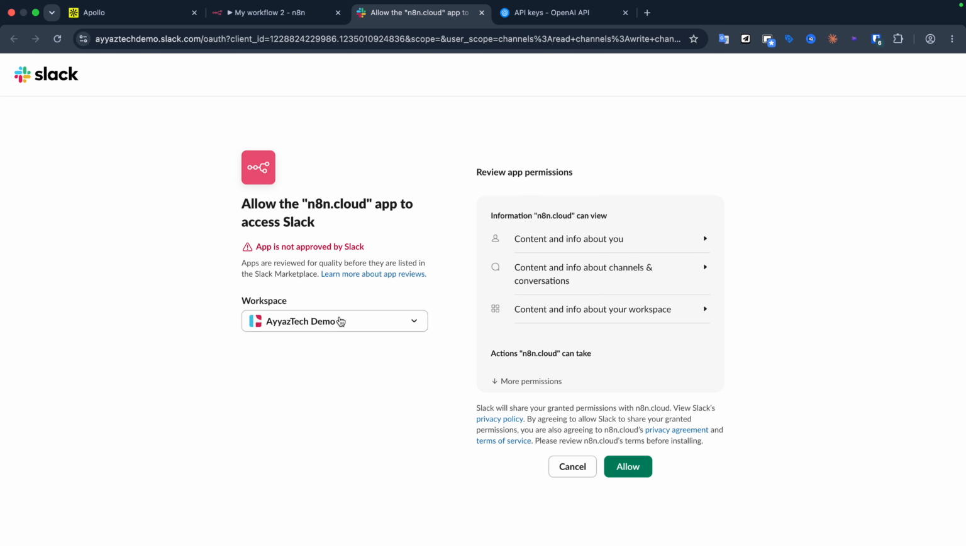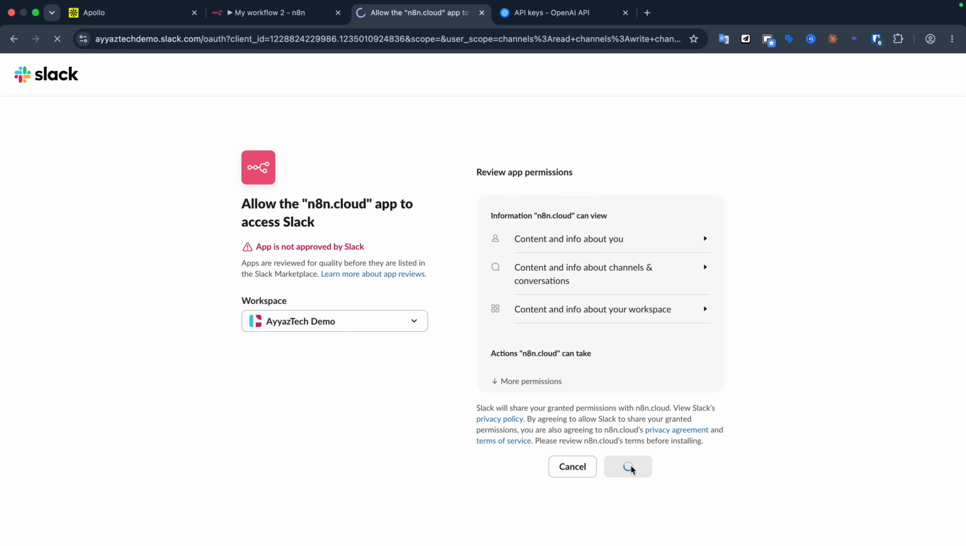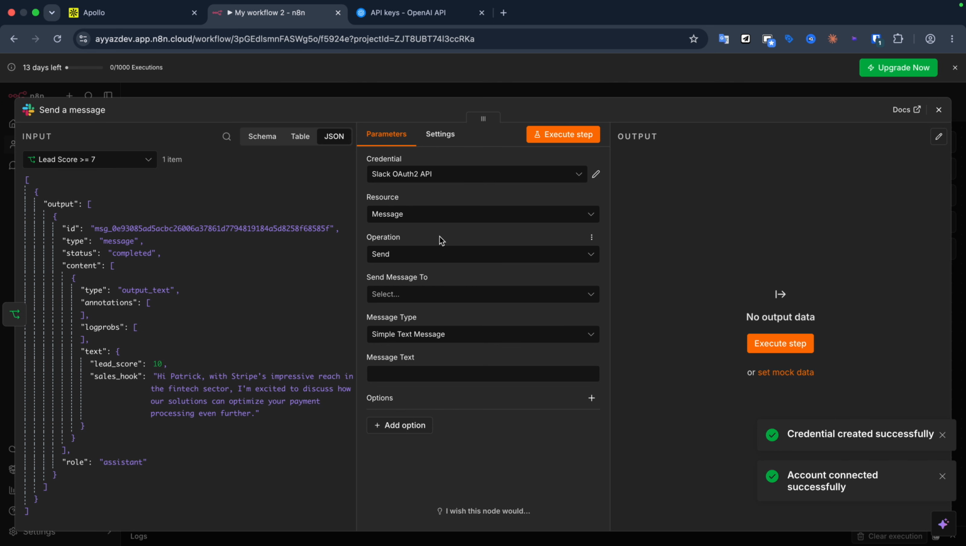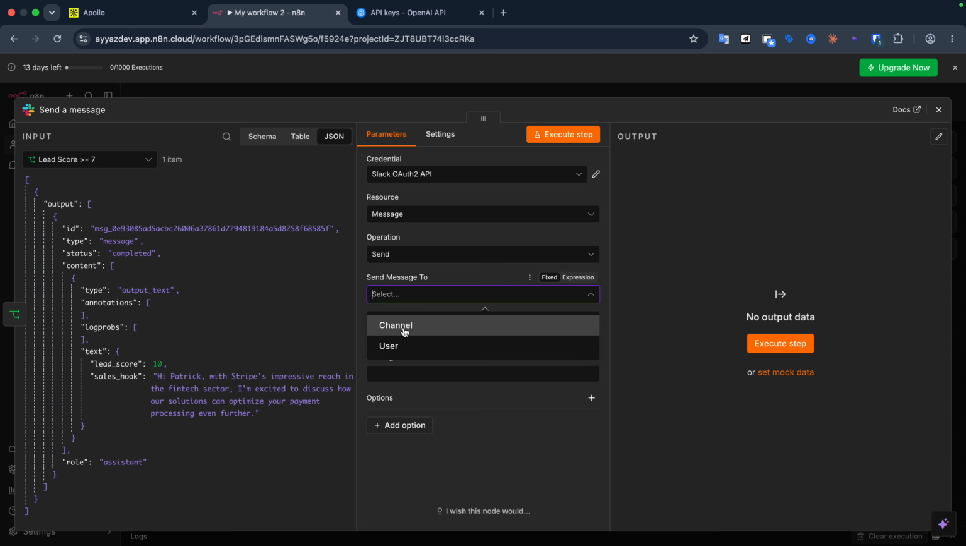have to allow it. First, you need to make sure that the correct workspace is selected. I already have selected the correct workspace and hit the allow button. Now we have authorized, the credential is added, and this can be reused in other workflows as well. Now keep the resource message selected, operation send is fine, and for send message to, we need to select the channel,